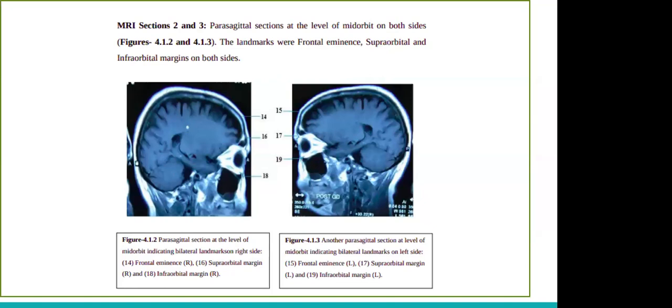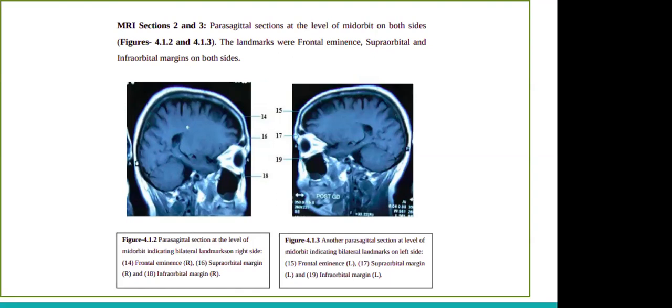So there is frontal eminence. As you can see, point 14 is marked here. On your forehead, there is a little protrusion that is called frontal eminence. Then second is supraorbital margin and infraorbital margin. In these studies, if there is anything with the word supra, it means above, and infra means the lower one. Orbital is the eye orbit, the skull structure. Supraorbital margin is above the eye socket, and infraorbital margin is below the eye socket. So there are three landmarks pointed here for each side.